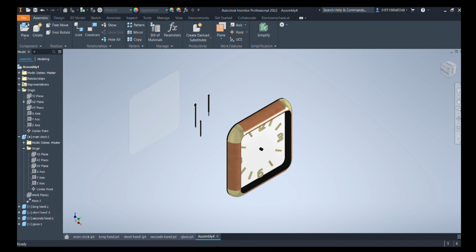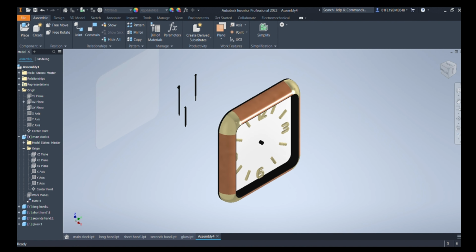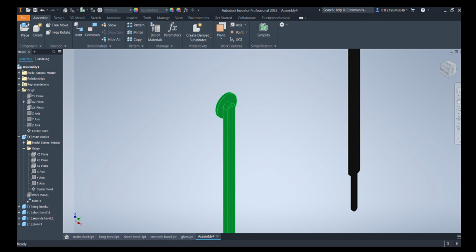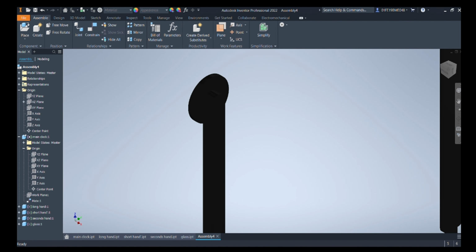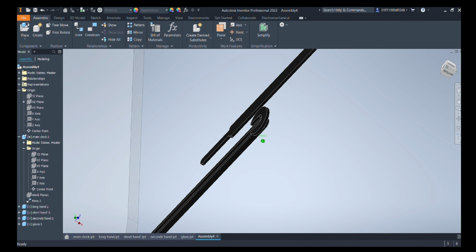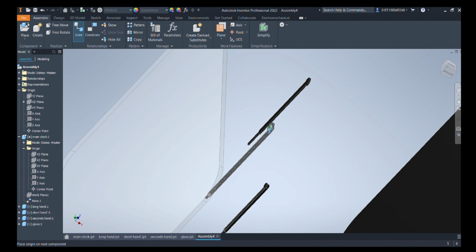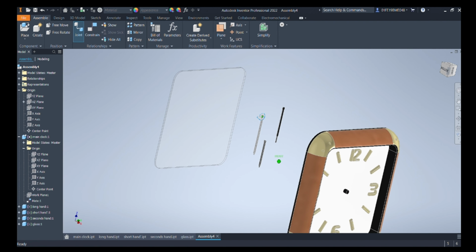Now adding the other things like seconds hand, long hand, and short hand. Selecting the center of the circle, and again selecting here the main center of the circle.